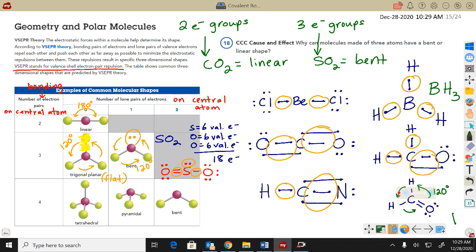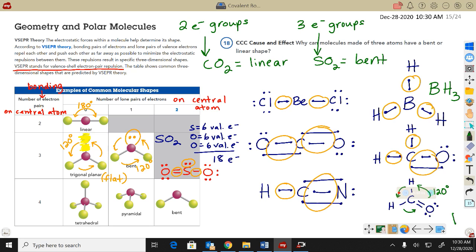But you can't say the shape just by looking at the formula. You got to draw the structure because we need to know how many electron groups, and that includes lone pairs. So the BH3 only had 3 electron groups. They could repel as far apart as possible, 120 degrees, trigonal